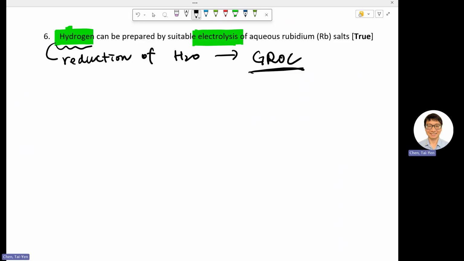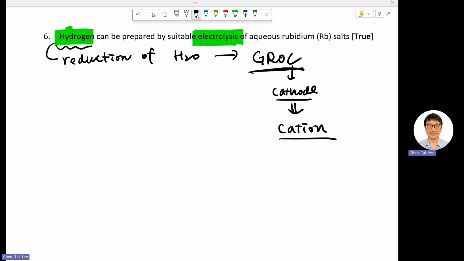Cathode, right? G-rock, the very last letter for your G-rock is cathode. Okay? So this is cathode. Therefore, you are looking for the reduction potential of all the K ions inside your solution. Okay? So with all this knowledge in mind, when we read this question, do you notice that it only tells